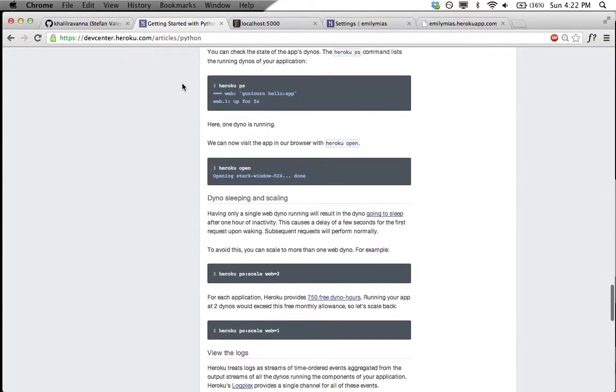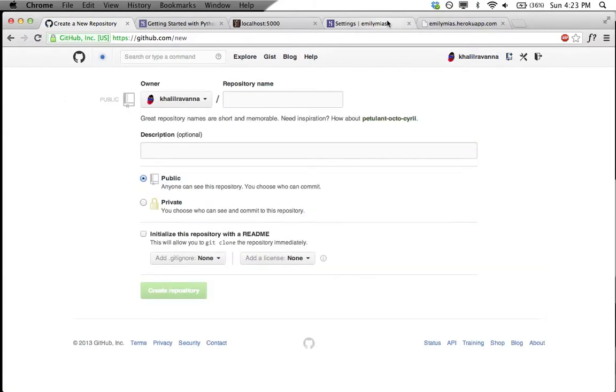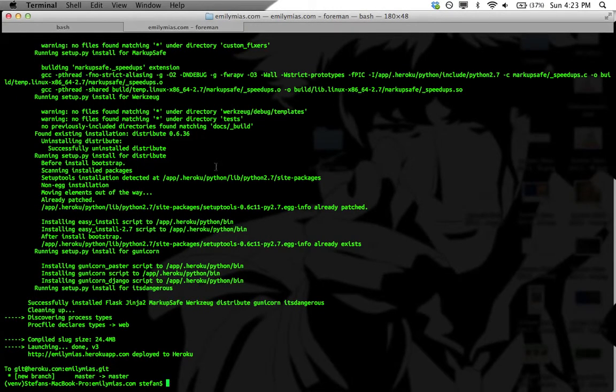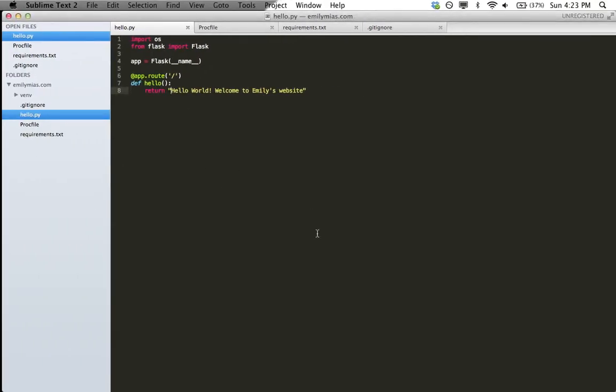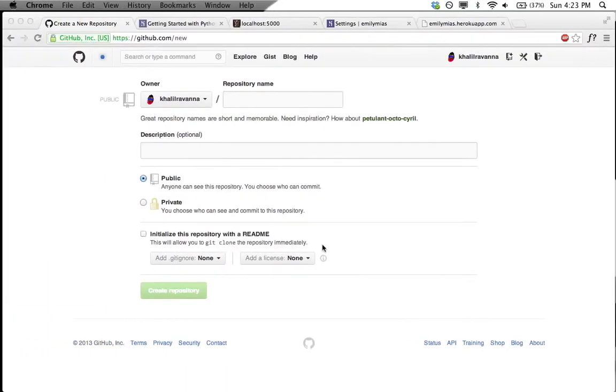This is talking about scaling. I don't care about this. Another thing we're going to do is create a new repository for this. Heroku's hosting this repo, however you want to look at it in terms of files or code running stuffs. Repository name,